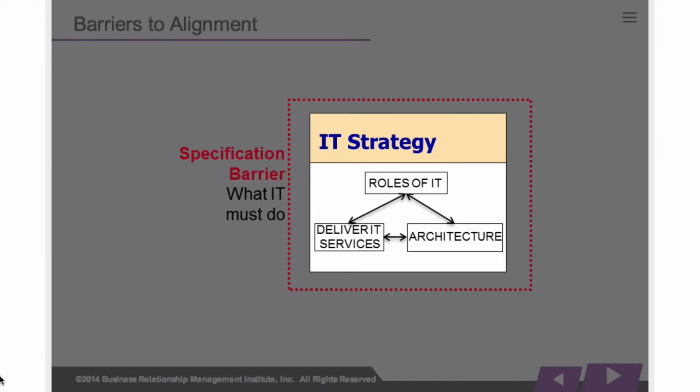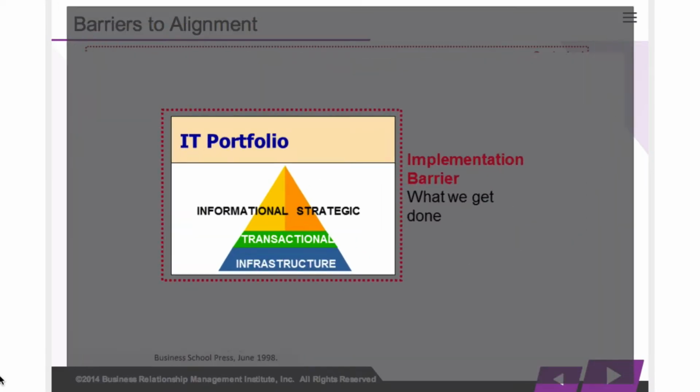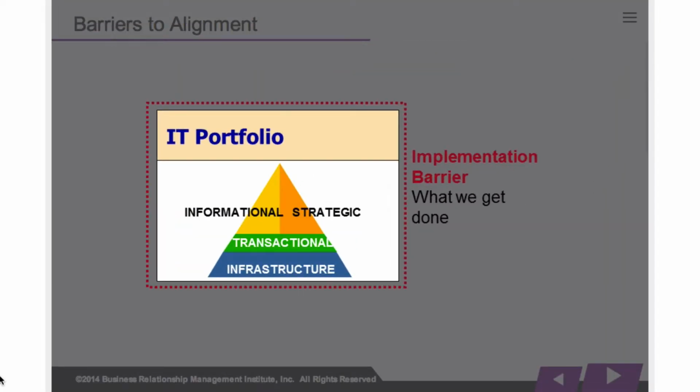These difficulties arise from a communication gap between the business and the provider, which leads to misunderstandings and poor decisions. You'll see immediately that BRM has a key role in overcoming specification barriers. The implementation barrier refers to those things that prevent the development of an IT portfolio that adequately supports the business